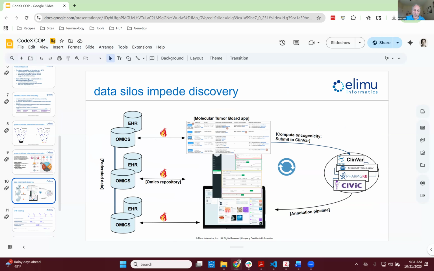And so this, if you will, is I guess a vision of where we want to go with molecular tumor board. And I think many of us would like to be there tomorrow. But on the next slide, when I show you our roadmap, all the excitement in this slide is going to be like, oh crap, it's going to take that long to get there. But again, that's what this use case is all about. And that's why the work we're doing with molecular tumor board